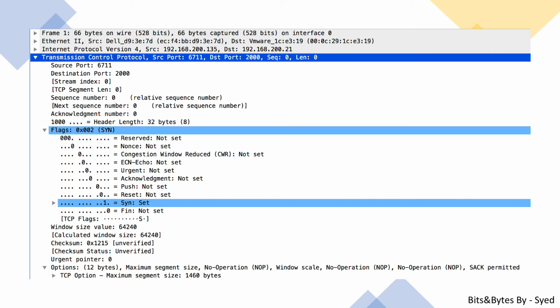Let's take a look at the Wireshark capture and see how the TCP header looks like. Here the source port is 6711, destination port is 2000. Sequence number is 0 as it's the first packet sent in the TCP three-way handshake. Usually this is a random number. However, since Wireshark, as I said earlier, uses relative sequence numbering, it is always set to 0